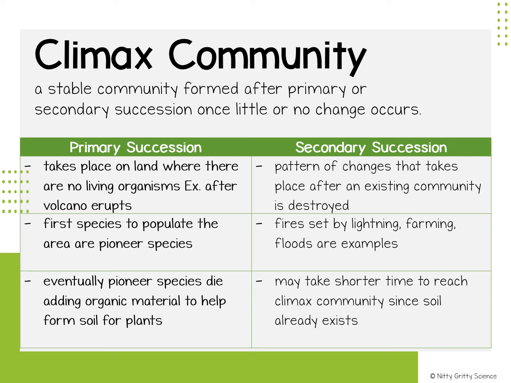Now, when a disturbance such as a forest fire comes through an existing community and damages it, but leaves the soil intact, the change that follows is called secondary succession. This is because they don't have to start off from nothing. They have the soil. So grass can grow from seeds carried by animals or winds and may be the first